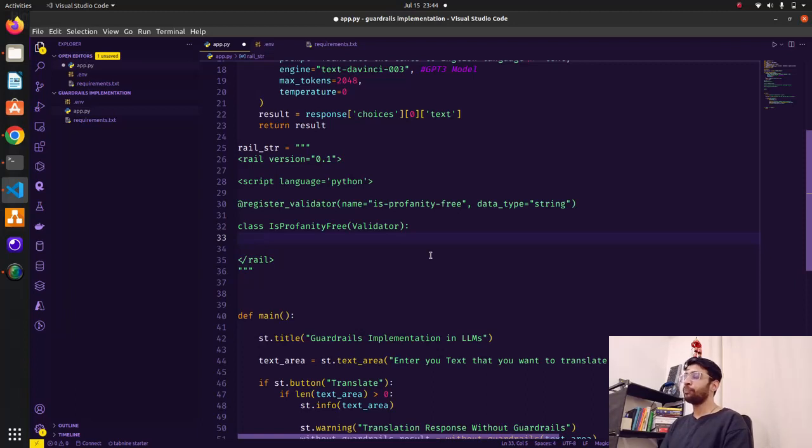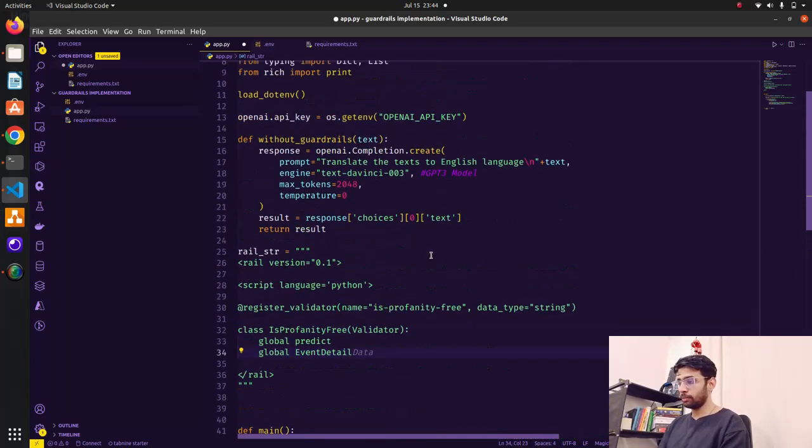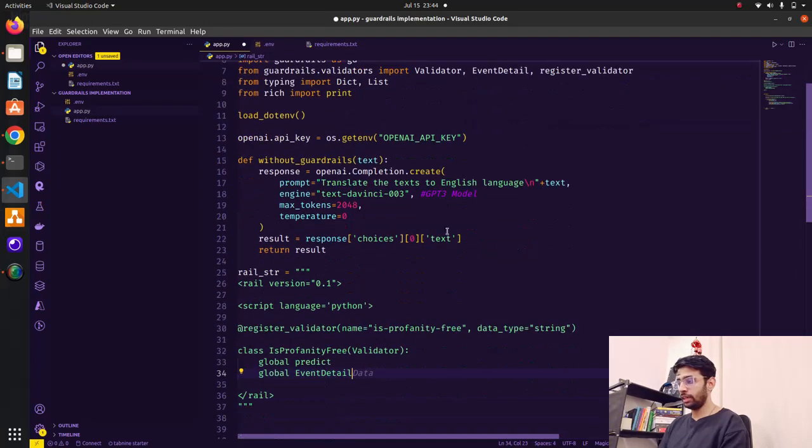Now let's have a couple of global variables. The first is predict, and the other is event detail. I think we have also imported event detail here. This looks nice. Now these are my global variables, predict and event detail.